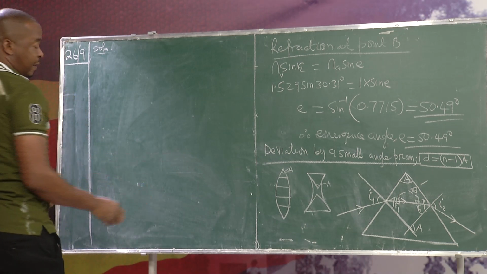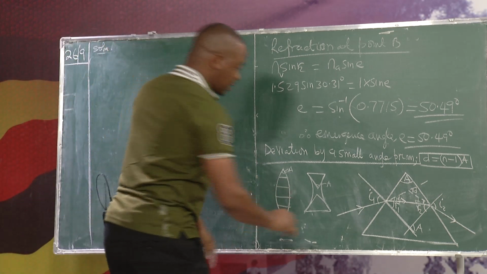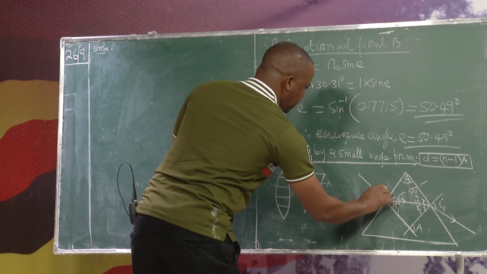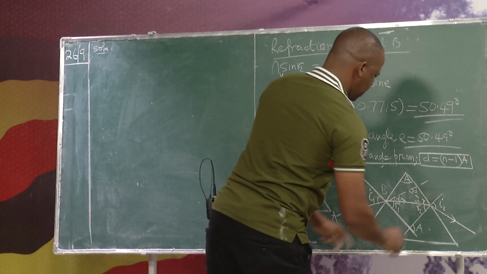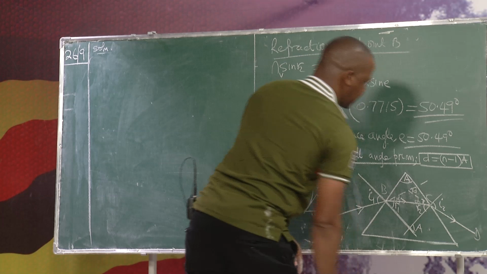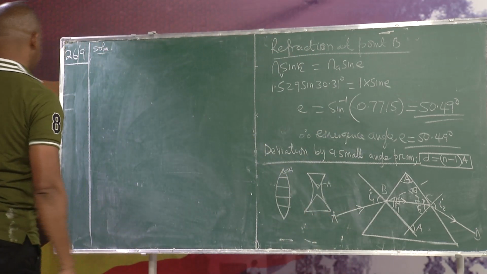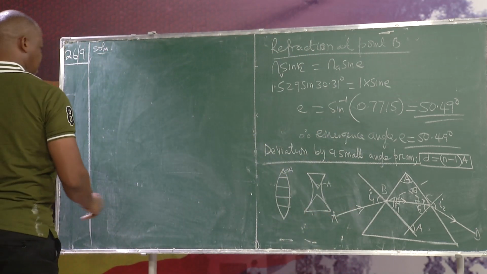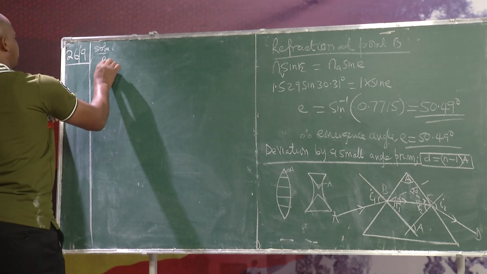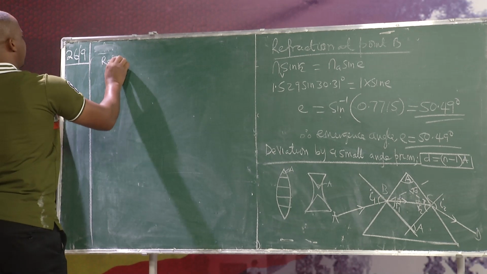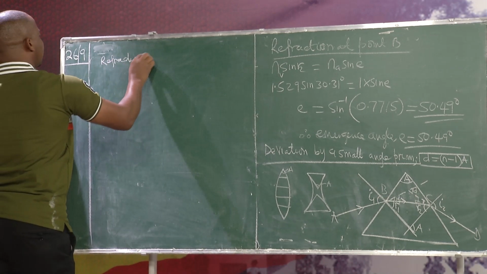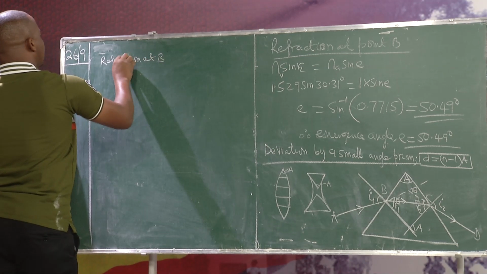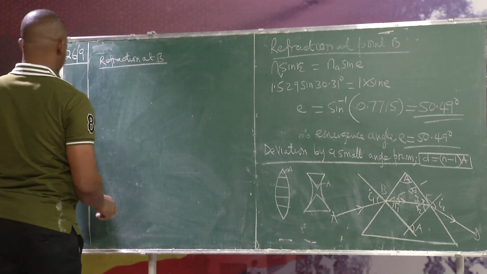For a ray incident as indicated, if I call this A, B, C, D, if we consider that as a ray incident there, and we consider refraction at point B,